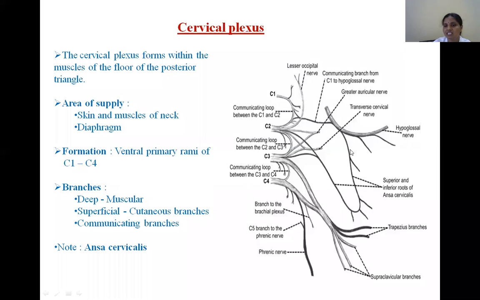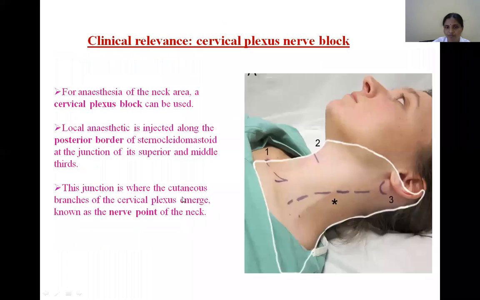This ansa cervicalis is supplying the infrahyoid muscles mostly. Only one suprahyoid, that is the nerve to the geniohyoid, and the rest are the infrahyoid muscles. So here, see infrahyoid muscles, a single muscle is supplied by C2, C3 or C1, C2 like that. What does this indicate? That muscle is taking more than one myotome, right? So in this way, the cervical plexus is formed in the neck. Communicating branches means through the hypoglossal nerve, and they communicate with the cervical sympathetic trunk. So here ansa cervicalis is important.